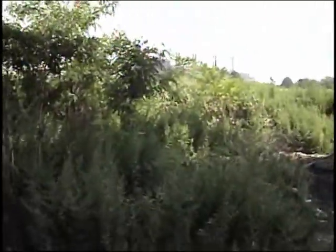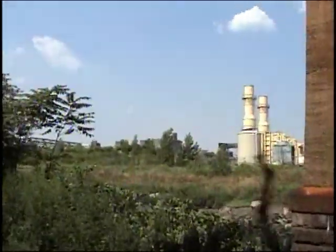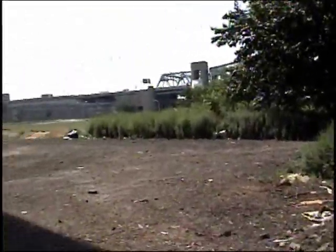Okay. Here we are. We are now on Randalls Island. Here we go. And you just see where we came from. This is a little gate to keep people from crossing over on the conduits, but of course, a lot of good that does. See the guys. See the little plant over there, whatever that plant does. And here's a ball field on Randalls Island. Salt storage. You can see these are the train tracks that